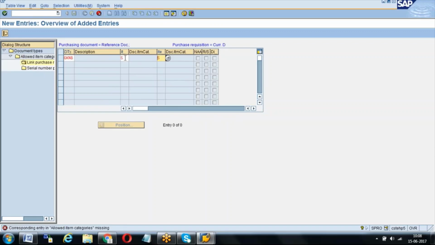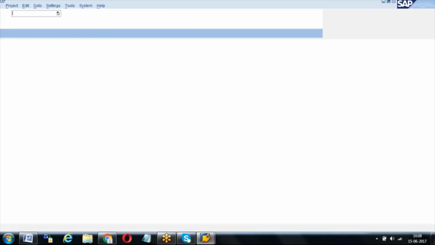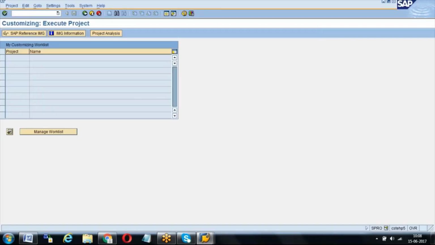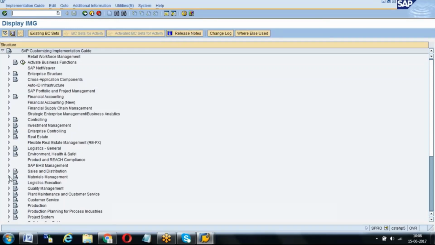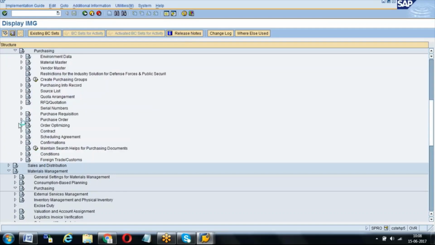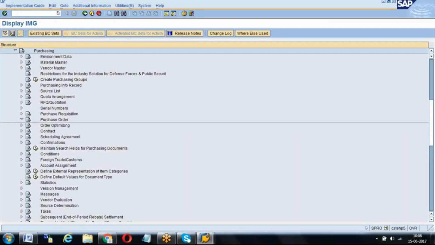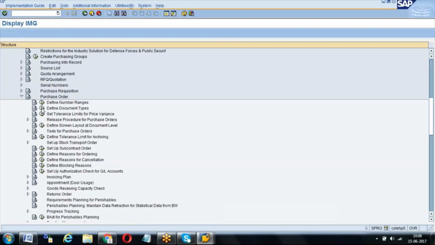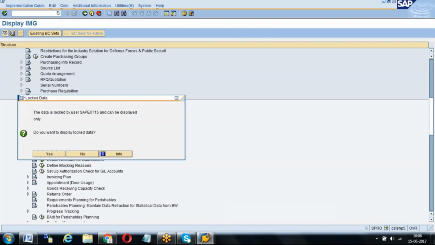The same validation will be available for GKNB also, but GKNB validation will be there in purchase order. Purchase order also will have a similar kind of allowed item categories. I'll just show you that point and we'll close this. This is the one. When you do the different document types in purchase order, the system will have that much strong validation when you are doing the respective activity.